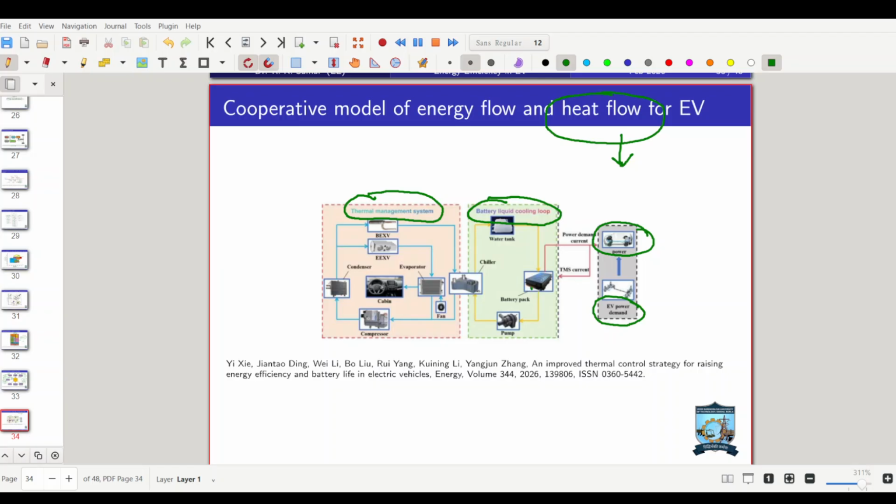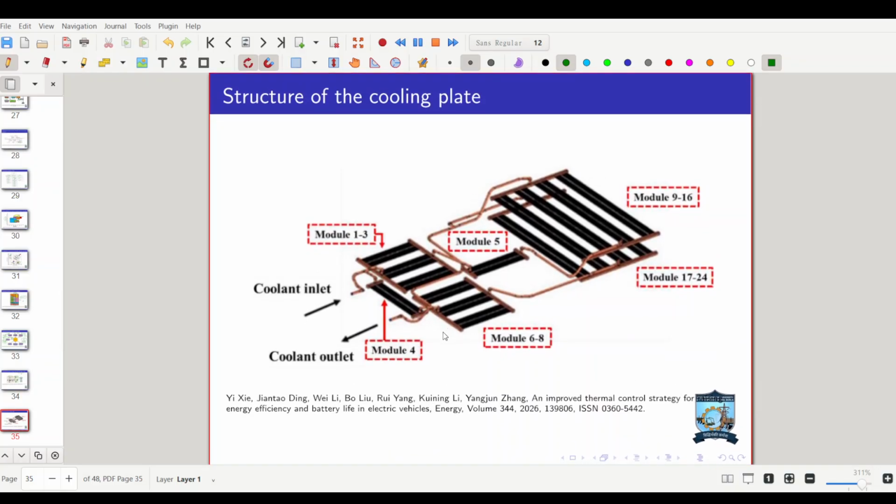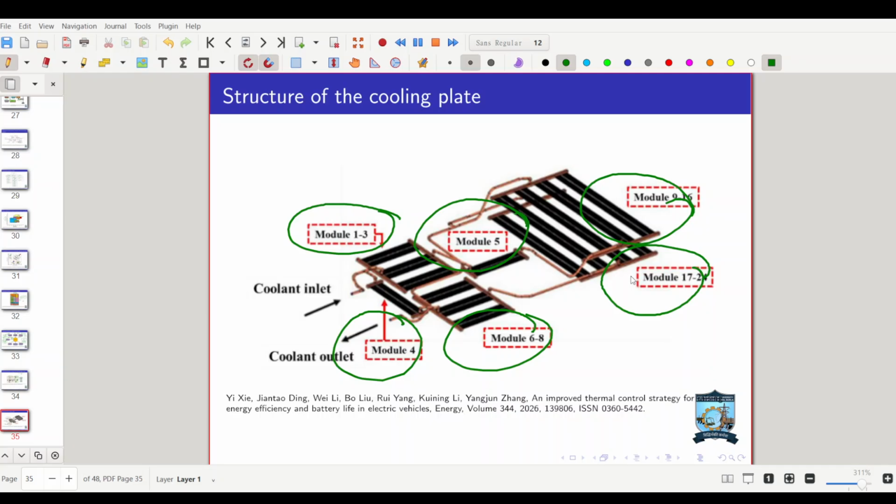And we have a battery pack, chiller, and all these things are available inside the vehicle. So this is a typical model. There are several models available for cooling systems. This is one such model, and these are the structures of the cooling plates. You might have heard about batteries bursting or fire incidents in many earlier cases, but now things are matured. Every battery is provided with such cooling plates, and there are several separate modules, and we have different ways how heat is transferred between the modules,